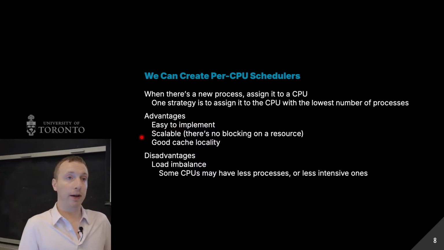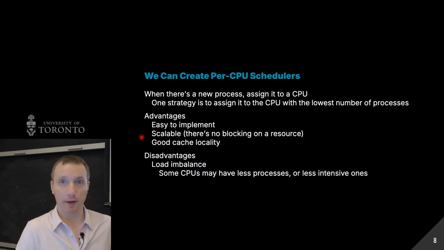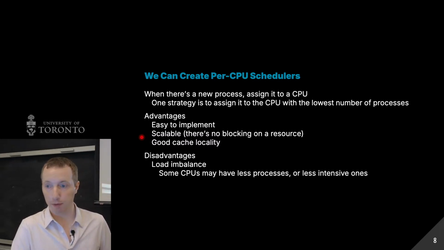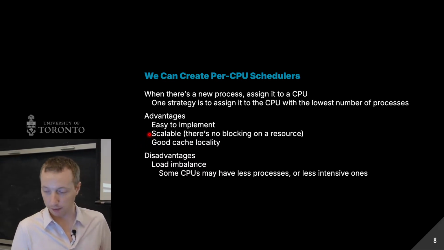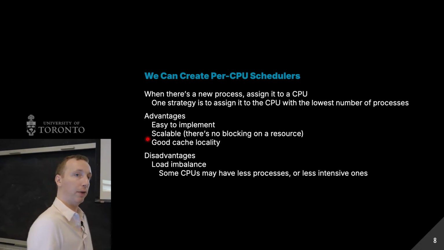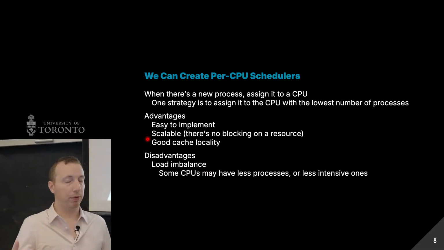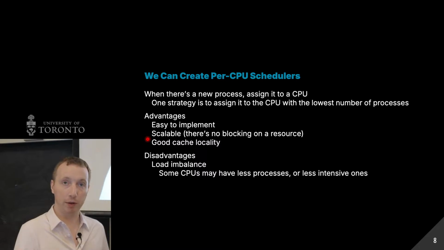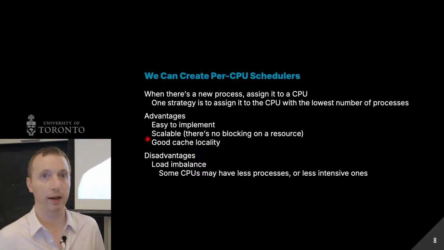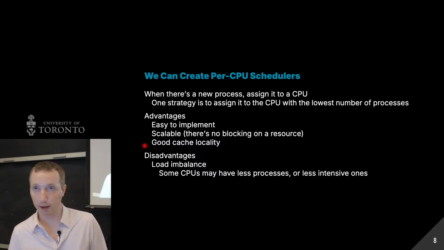Another advantage is it was scalable. One CPU making a scheduling decision doesn't have to wait on any other CPU making a scheduling decision. So this was nice, scalable. Doesn't matter how many CPUs you have, it runs nice and fast. And it had good cache locality, and what that means is, if your process went to sleep or finished its time slice and came back, it would be on the same CPU core, so it likely still has the same values in cache,